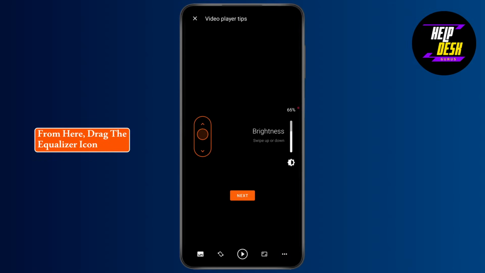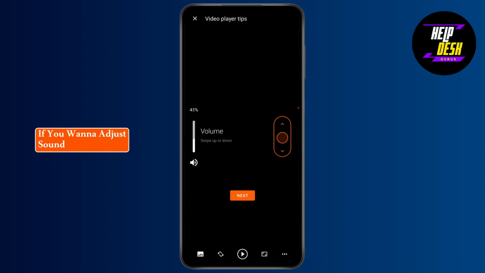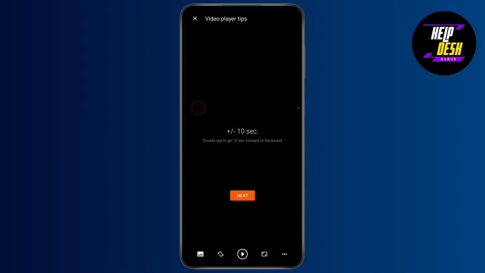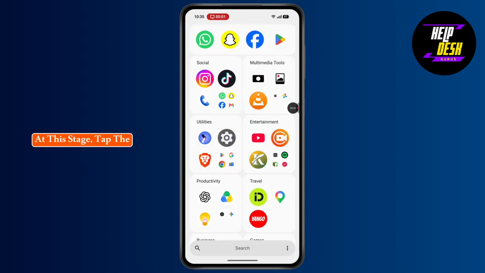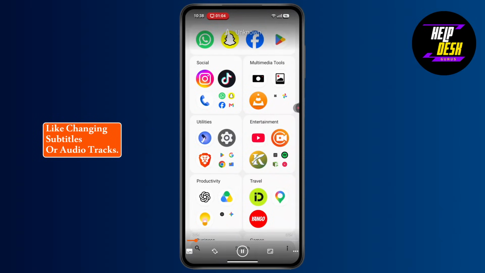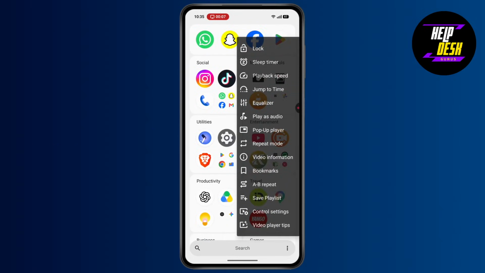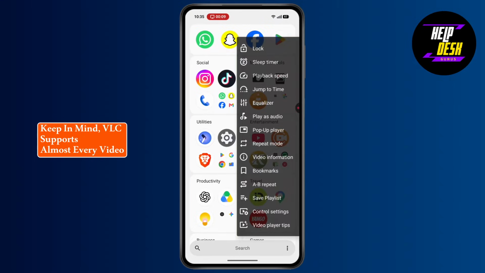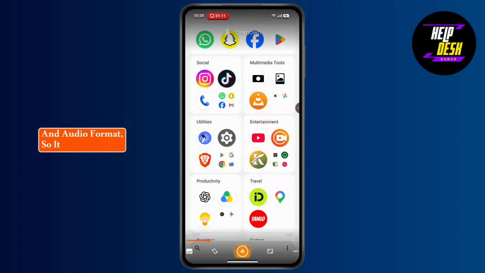From here, drag the equalizer icon if you want to adjust sound settings during playback. At this stage, tap the three dots for more options, like changing subtitles or audio tracks. Keep in mind, VLC supports almost every video and audio format, so it works well as a universal player without